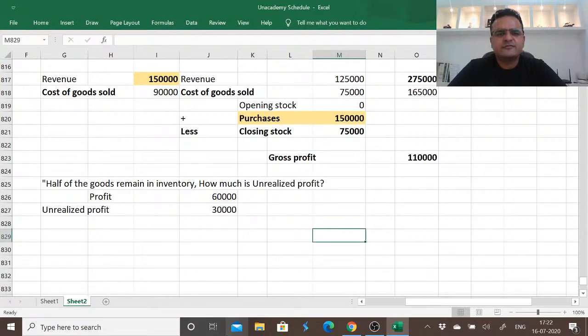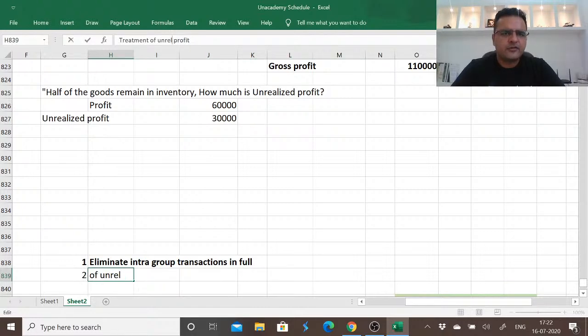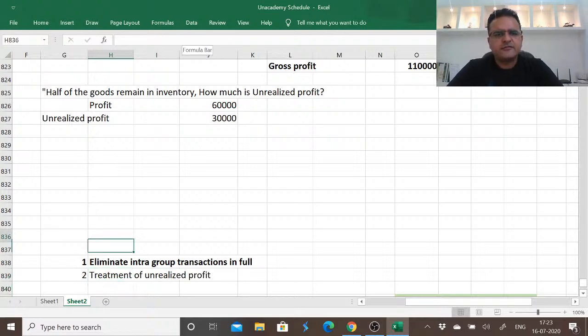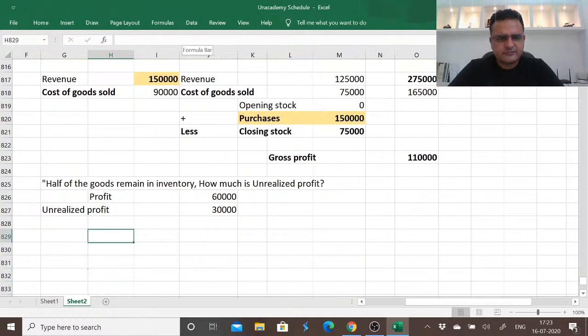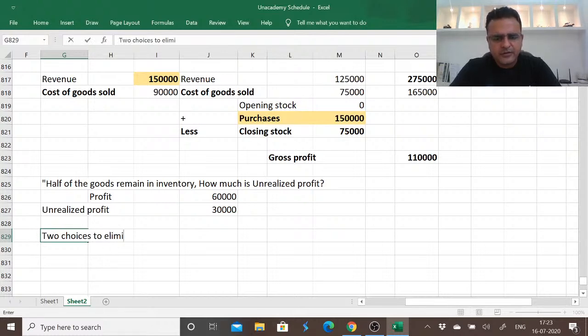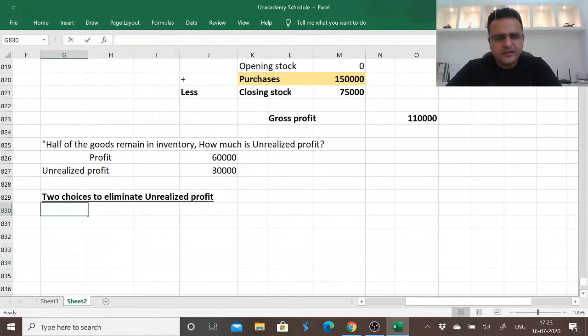How do we deal with it? How do we deal with the treatment of unrealized profit in the income statement? There are two choices to eliminate unrealized profit. The two choices are actually mathematical choices, not accounting choices. Simple mathematics, that either